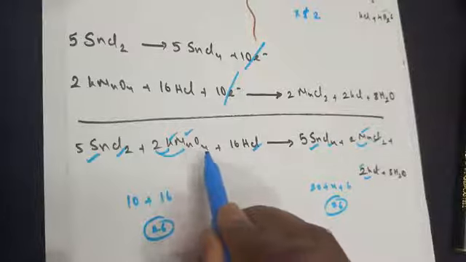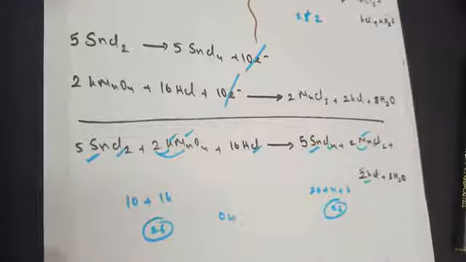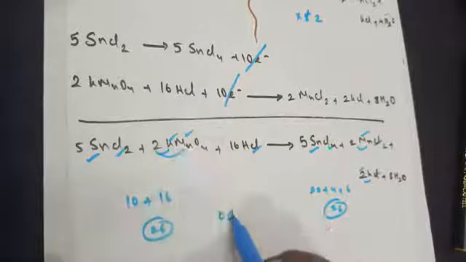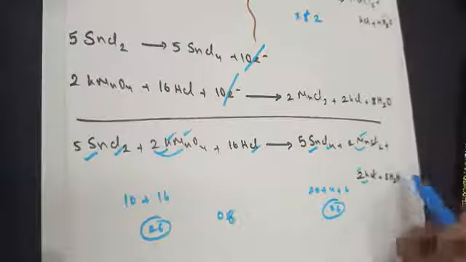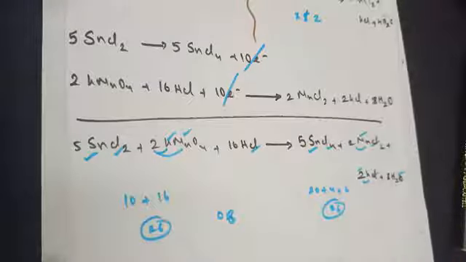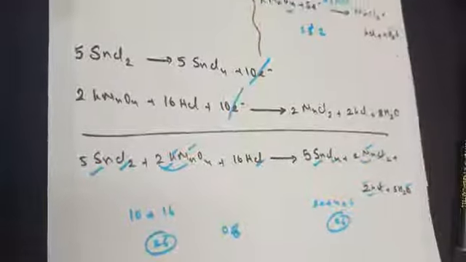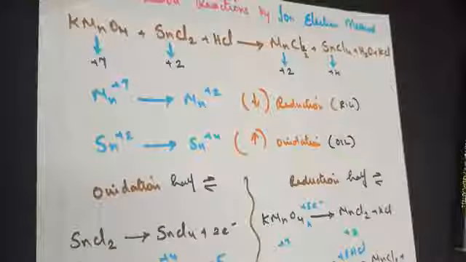Count the number of oxygen you've got here. You've got oxygen 4 times, I'm sorry, 2 4s are 8. Oxygen is 8 times here. 8 is also common for oxygen, it is balanced. Hydrogen is 16 times, hydrogen is 16 times. It's balanced. So the method is not complicated. Just take enough and more practice.